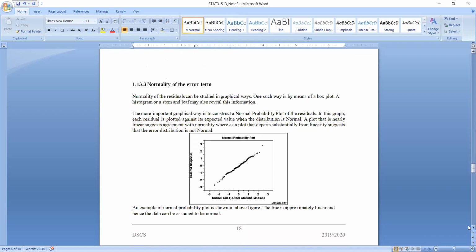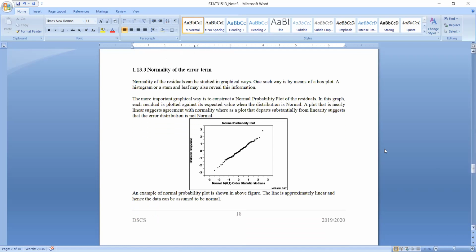And then the other thing is we can check the normality assumption. That is, we believe that our errors are independent and they are normally distributed with zero mean and constant variance. So the constant variance assumption, we just check. And to check whether the errors are normally distributed, what we can do is we can obtain the normal probability plot. So in this normal probability plot, what we do is we just